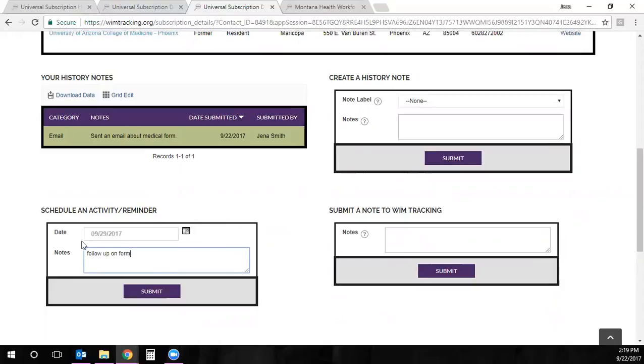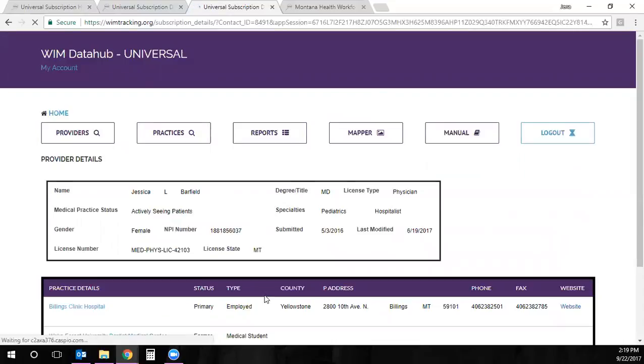The system's already going to know that it's Jenna Smith. I just select the date and what I need to follow up on. Hit submit. And I have an activity scheduled for myself next week. So I can go to the home page